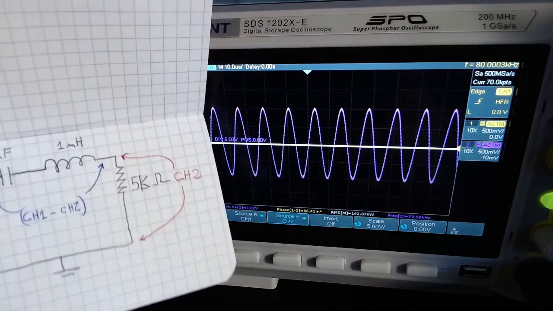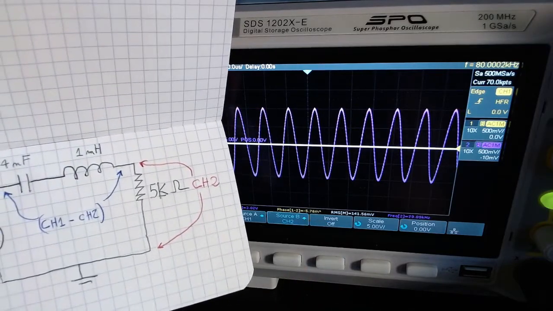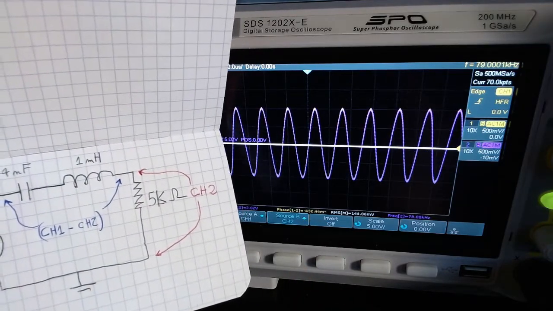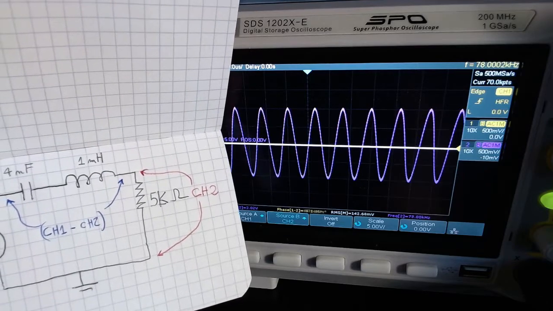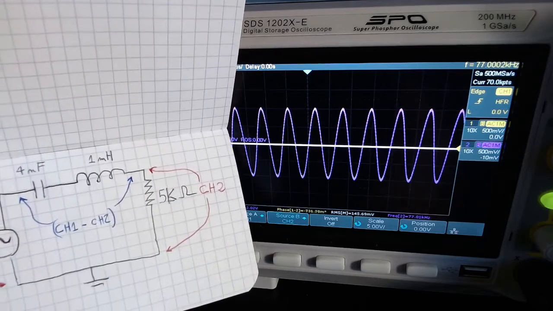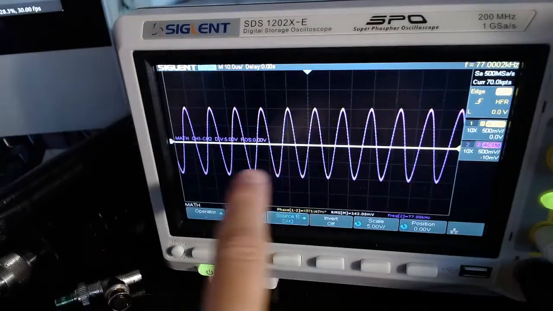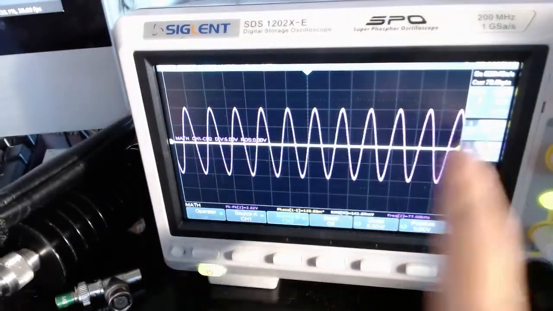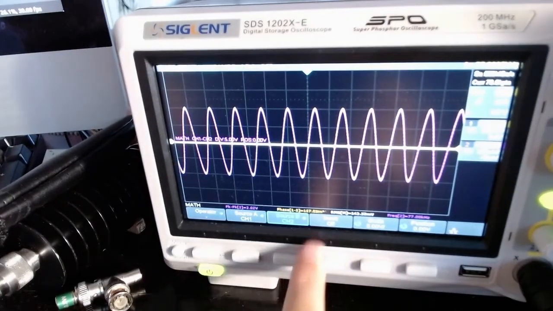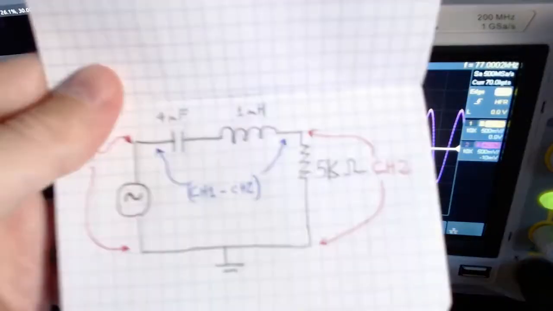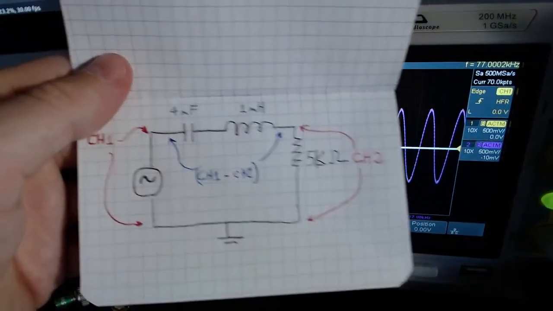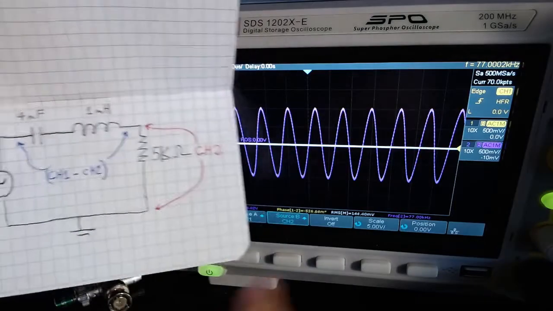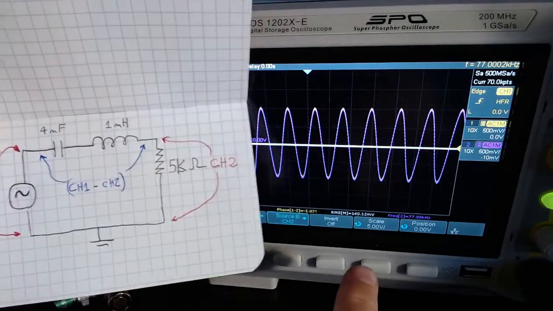Just above 0, as I was saying, so let me decrease it just a little bit, and I think, yeah, basically here we have resonance, right? So you can see a completely flat line, and the phase is kind of 0. Okay, so we basically discovered the resonant frequency manually, but the Bode plot is